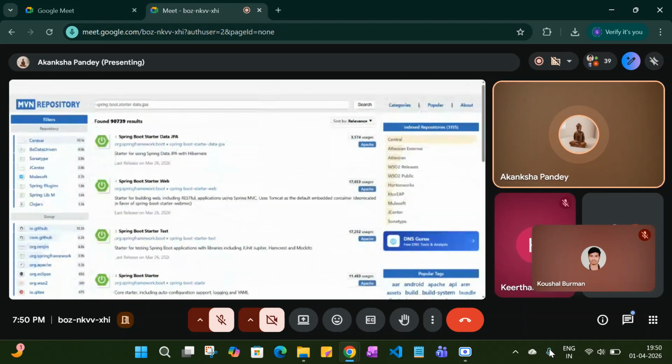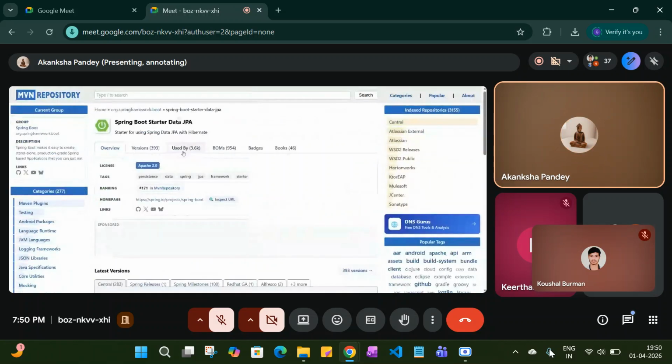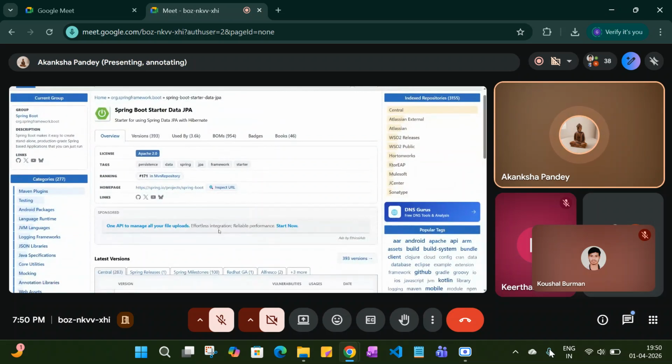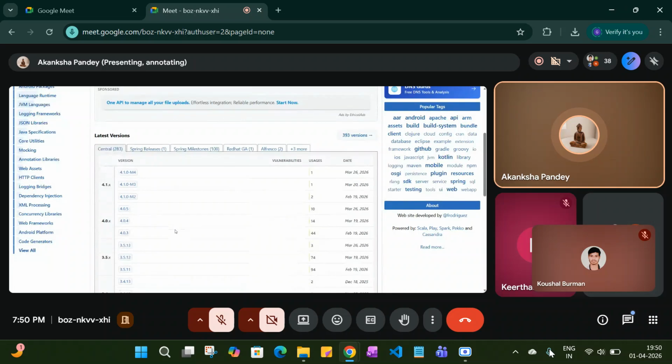See, this Maven repository is there. It's a remote repository of Maven. From here only you have to find it out, right? See, Spring Boot starter data JPA. So we are looking for that. Within this starter JPA, Hibernate is there. See, data JPA with Hibernate. So from here we have to select the